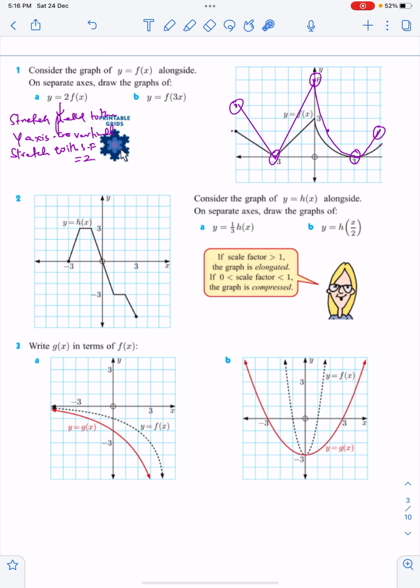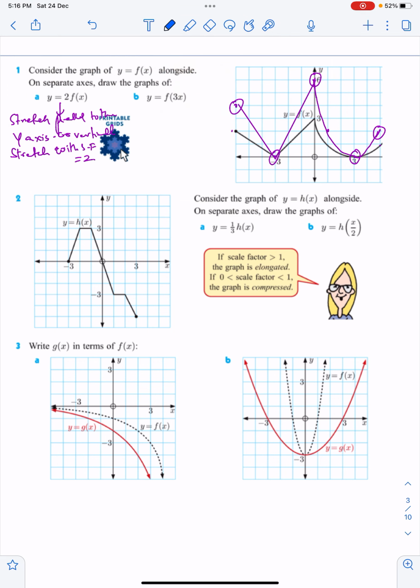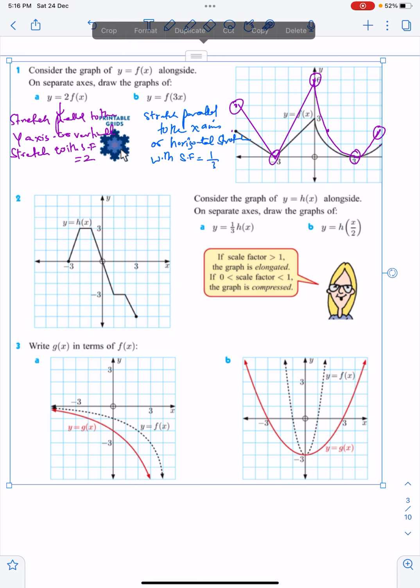Now if you notice the second part, there is no number here, the number written here is a constant inside. So that means in this case I can say that it is a stretch parallel to the x-axis, or I can say horizontal stretch, with stretch factor. Now in this case the stretch factor is going to be the reciprocal of this number, so it will be 1/3. That means the y-axis is going to be the invariant line, this point will remain as it is. The rest of the points you have to multiply by whatever the distance is, you have to take 1/3